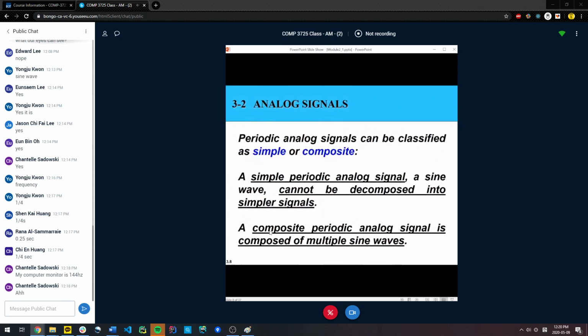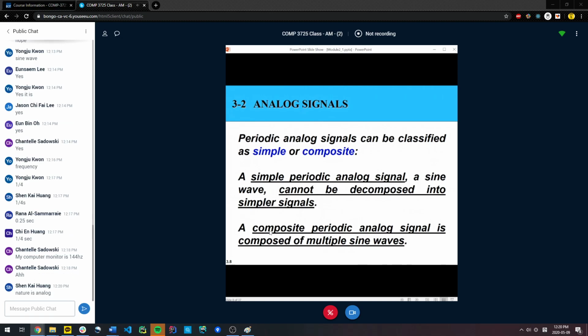Now, let's take a look at the analog signals. My hope is that we can get through some of analog signals today. We won't touch on digital signals today, but let's just focus on analog. Why do we care? Is analog useless now? Is it gone? Or is analog still going to be around? I know that you guys do a lot with digital, but is analog gone or is it outdated?